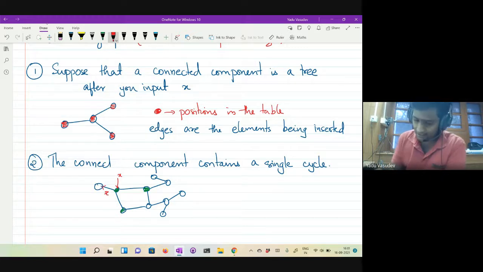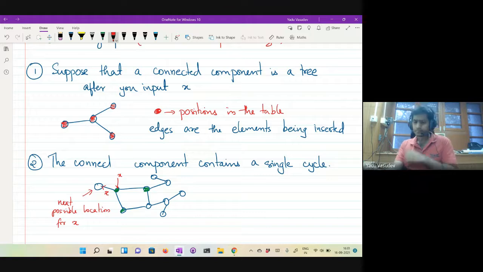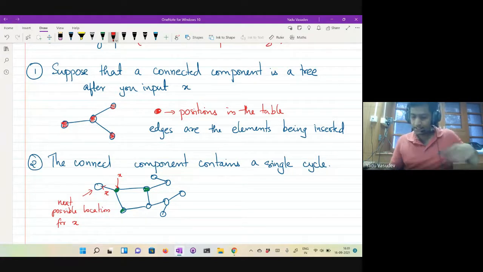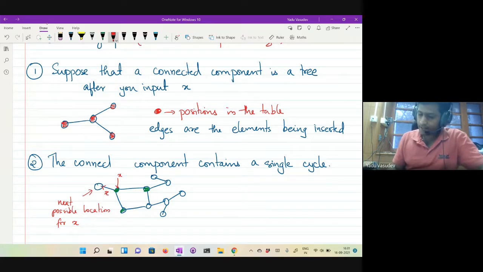What this means is that X is already sitting in here, and this is the next possible location for X. So if you had to place some element in here, then you should move X towards the element the arrow points to.